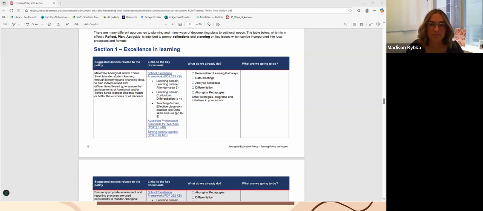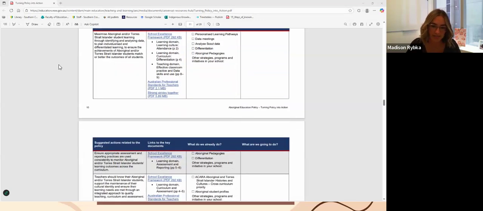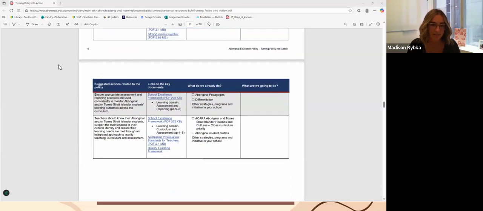The first one I did quite a lot. One day a week I had to sit there and look at the data meetings. I had to analyze Scout data, which is all the information of our Aboriginal and Torres Strait Islander students in our school. And then I had to get all that data together and it goes off to the local board to then compare and contrast to other schools in that local area. A lot of data around it, which I'm not about students' data all the time. So what can we do to inform our teaching pedagogy? Was there anything that stood out to you guys?